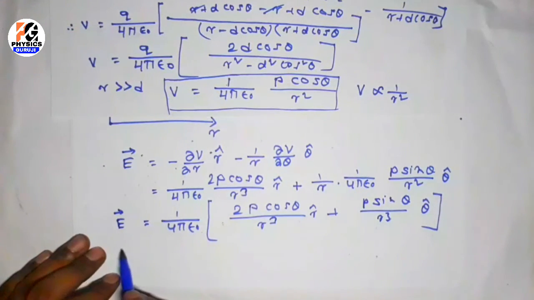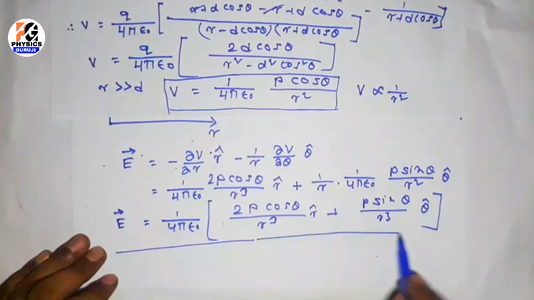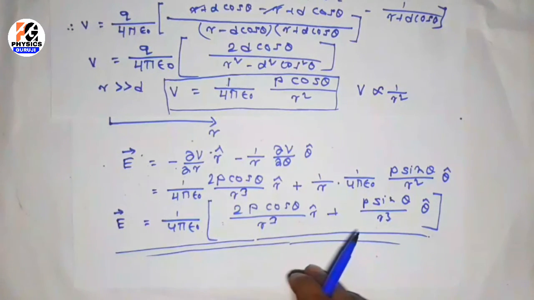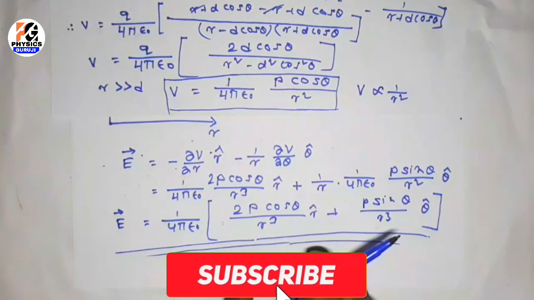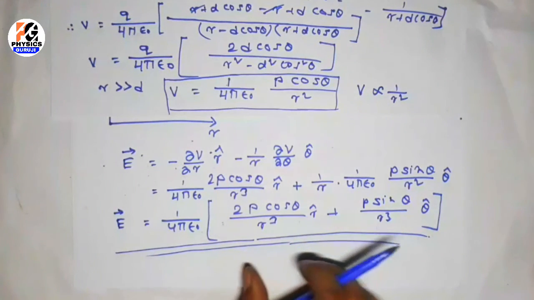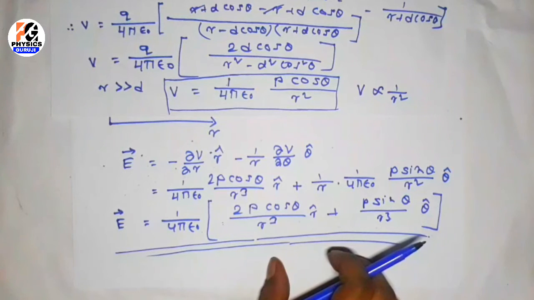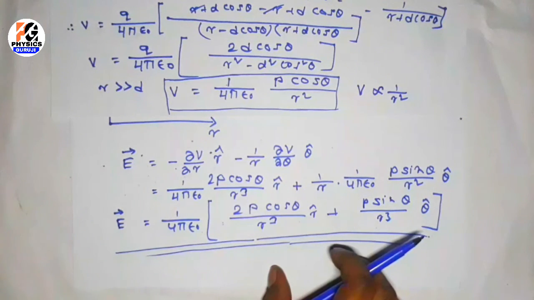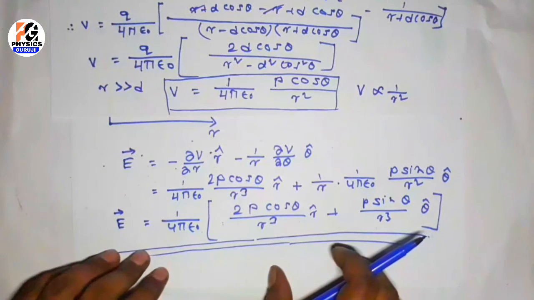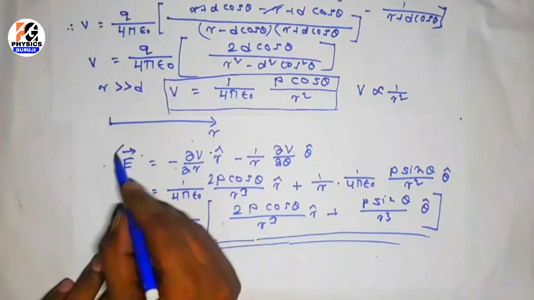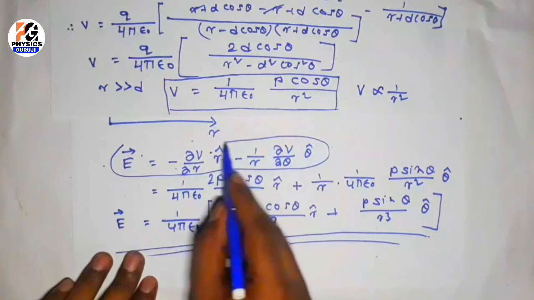Now you can check it, this is the electric field when you calculate it for any position. I have given the link of the video in which I calculated the electric field due to a dipole at any position in the description, and you can also see it in the i button. You can check that both fields are the same. So this is the process of finding the electric field from electric potential.